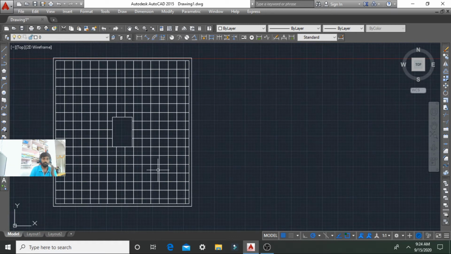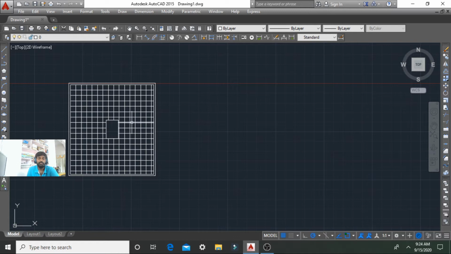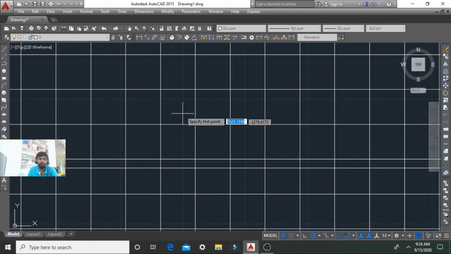So here we go, this is the rectangular footing. The rectangular footing is cut longitudinally, and the section view will be like this.